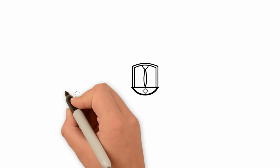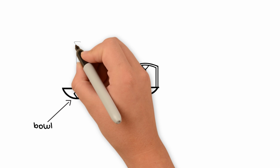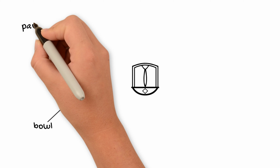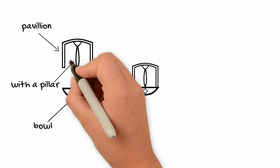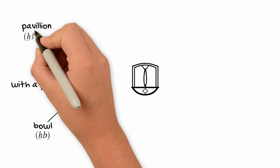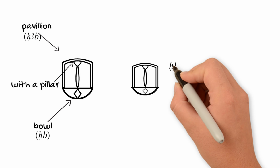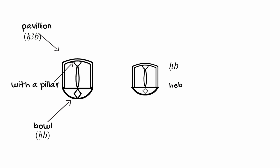All right, so what is this? This is actually a combination of two different hieroglyphs in one, and they can be used separately or together as this sign. So one actually has a sound value of heb, dotted HB, and the other as hab, dotted H, aleph, B. Together, they're usually used for the sounds heb, but they can also be used as a determinative, either